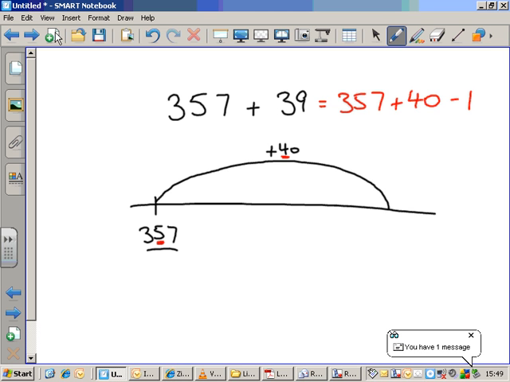So I know that adding 40 to that number gives me 397. I repeat, if you can't do that in one go, just go up in tens. Add 10 to get 367. Add 10 again to get